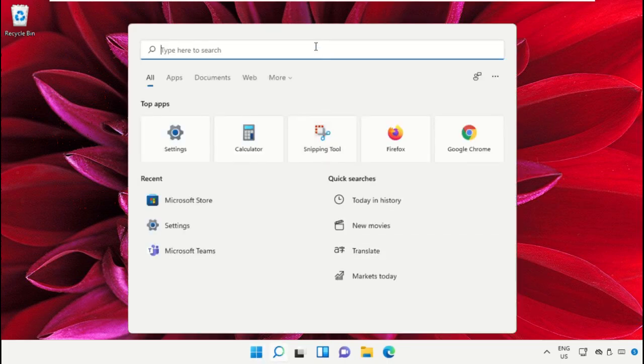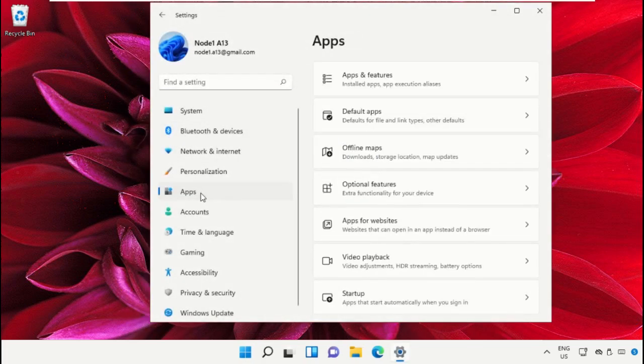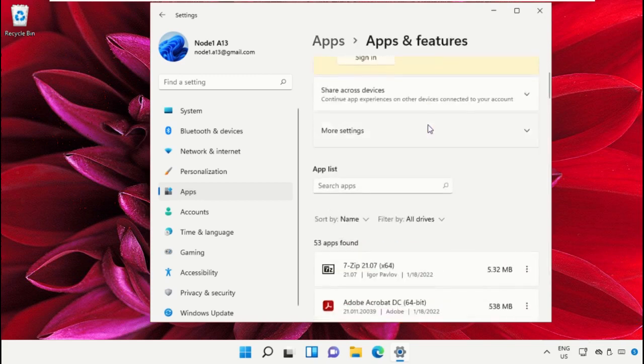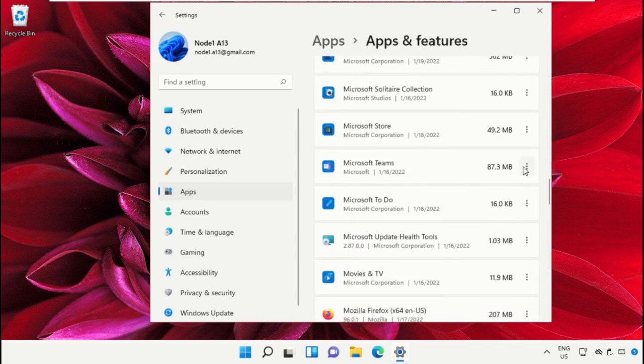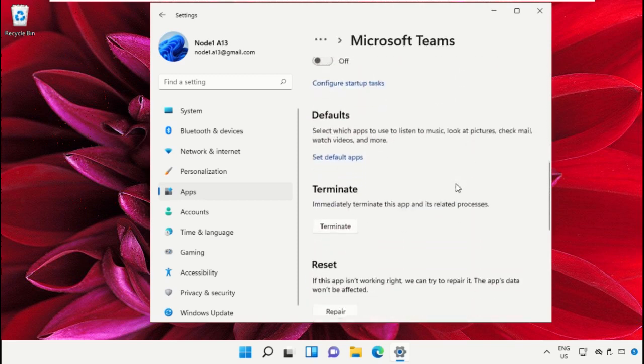Click on search bar and type settings. Again open settings, then go to apps tab, select apps and features. Now scroll down, click on these three dots from Microsoft Teams,